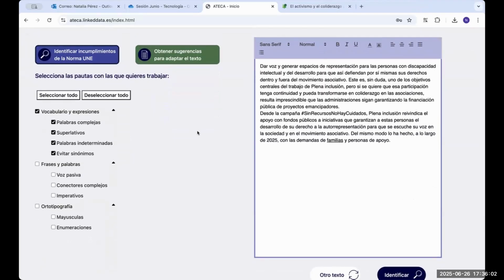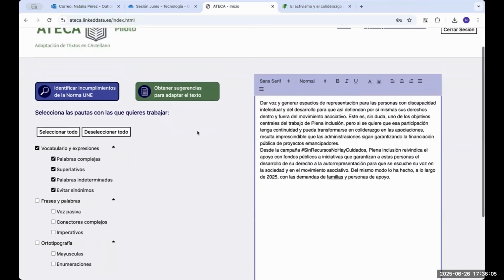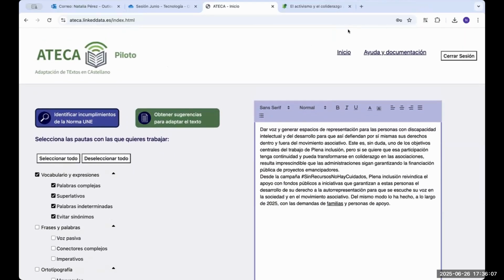Thanks a lot. Ana, if you like, shall we show the web page? Then, like, Ada, Anna, we show the web page, the tool, this tool that Anna was telling us about.